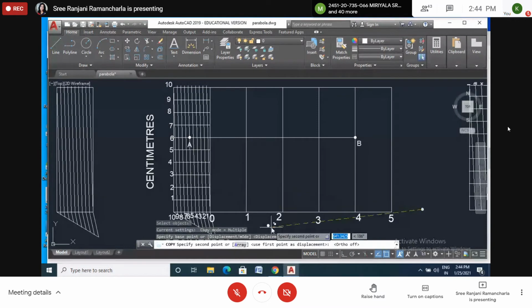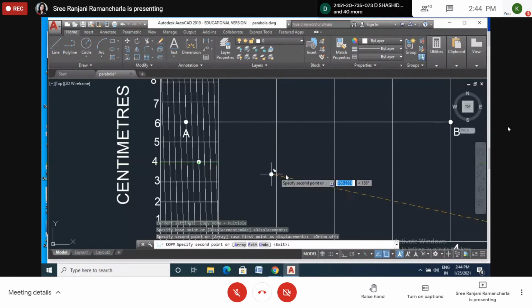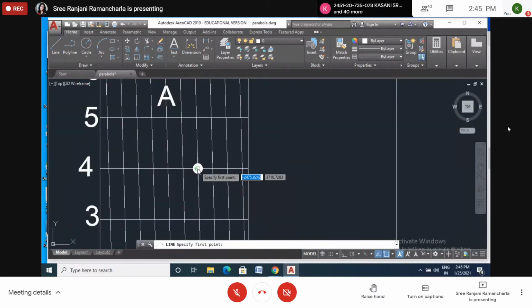So this is 2.34. Along 3, where is 4? Here. This is 4, right? See here, intersection, because this vertical and horizontal line shows as an intersection cross line. I'm mentioning intersection here also. So we have to pick exactly there. Okay? Now I want to draw a line from there. Select the line command, and various symbols are shown. I want to take either the center or the intersection. Two ways it will show. Okay.